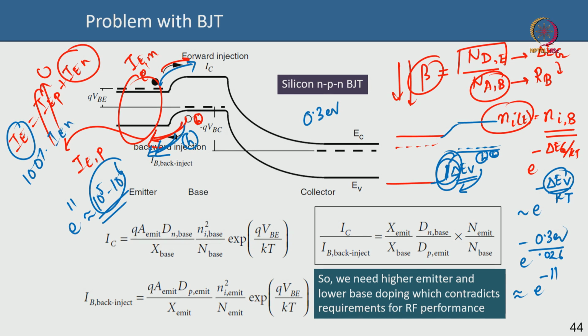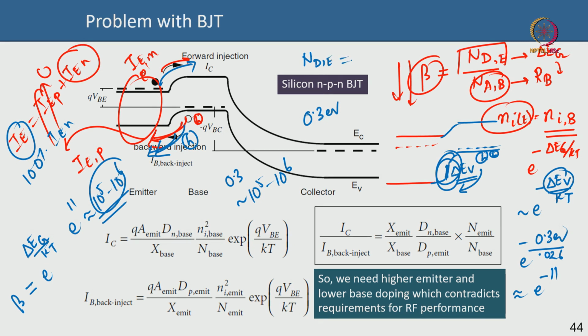That is fantastic, and the beta of this will now depend exponentially on delta Eg by kT. So, a band gap difference between the emitter and base of even say 0.3 or 0.4 eV will lead to a beta of 10 to the power 5 to 10 to the power 6 times higher than a silicon BJT beta. Even if the emitter is extremely highly doped,